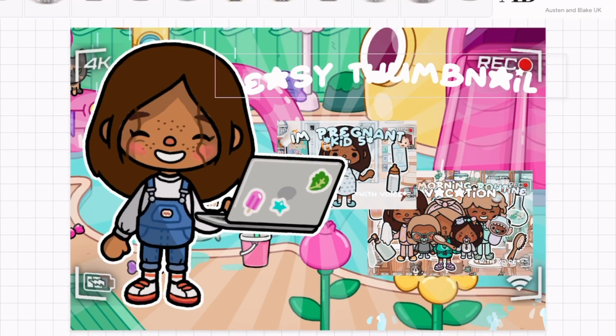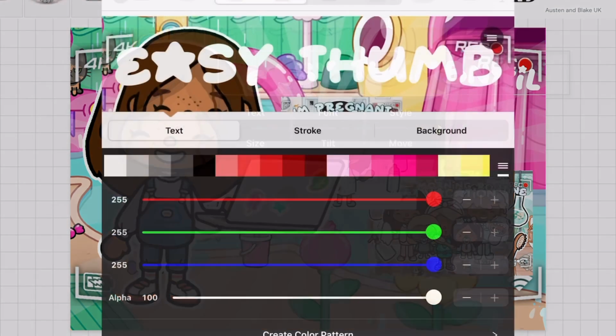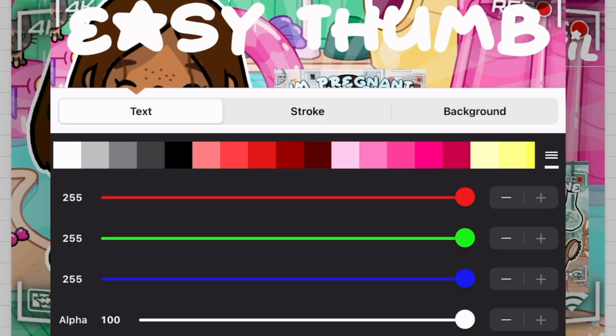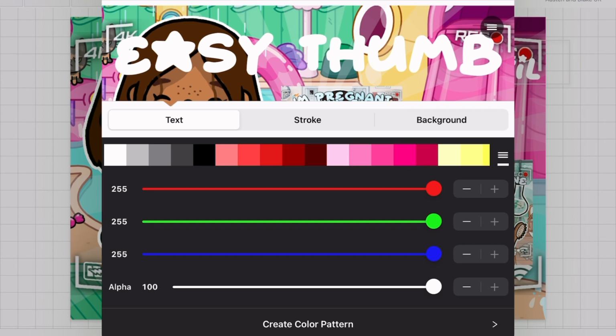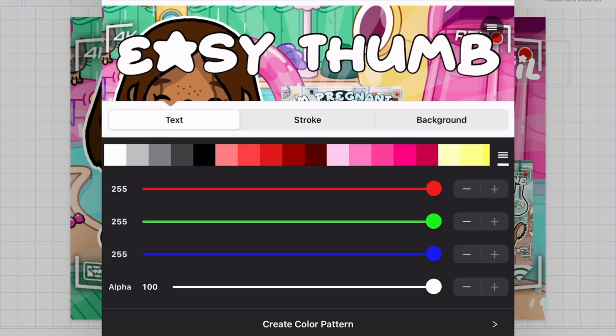And I'm gonna go ahead and press on style, and this is where I can make it coloured and stuff. So I'm gonna press on stroke first, and I'm gonna make the stroke black so that the outside of it is black. And I'm gonna go back onto text, and to do the gradient, which I'm actually gonna be doing in this video,